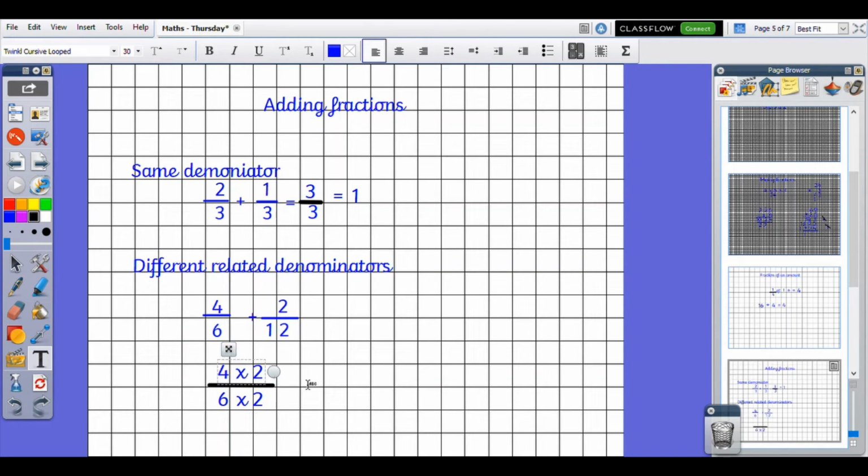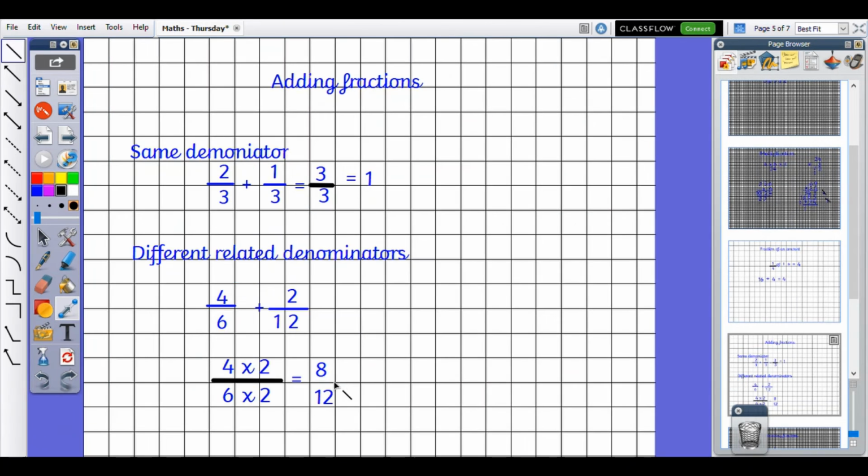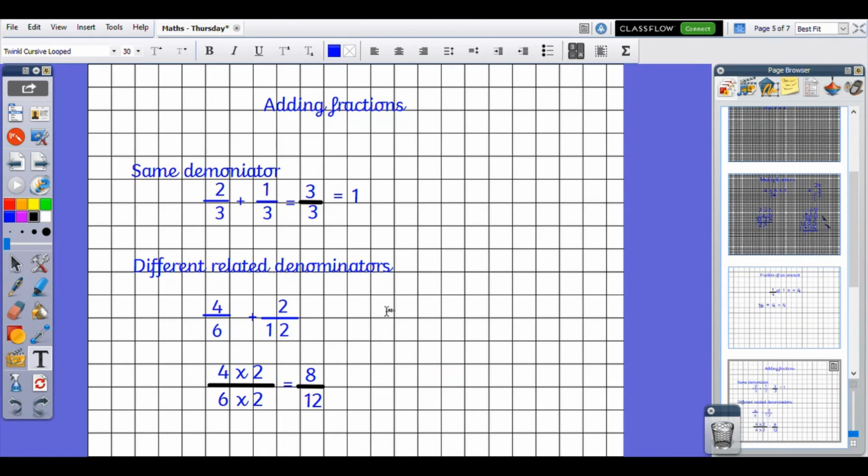Okay? So let's see what that gives me. So I've got 4 times 2 gives me 8. And I've got 6 times 2, which we know gives 12, which is what we are looking for, to give me 8 twelfths. So now I'm going to do 8 twelfths,